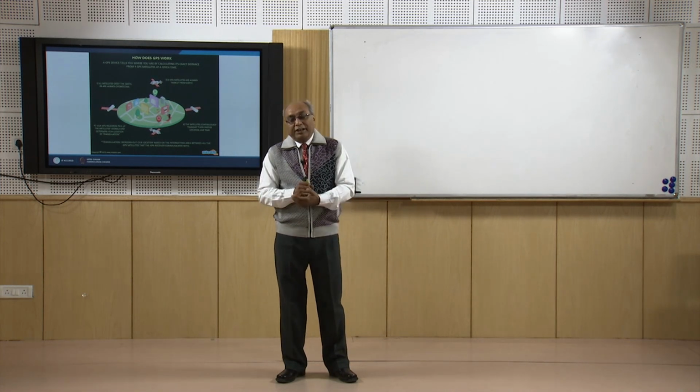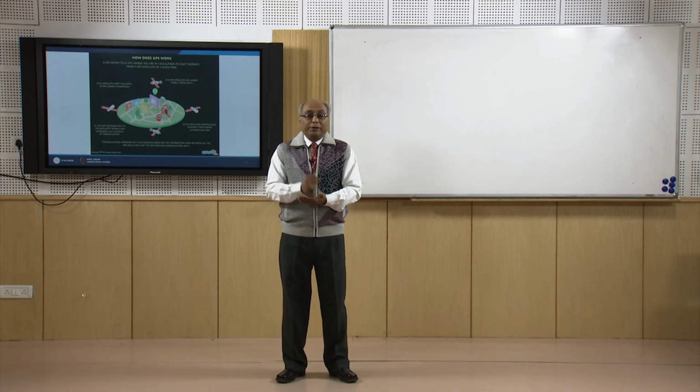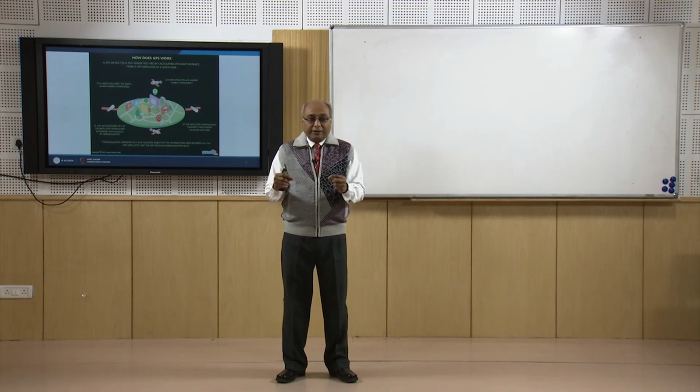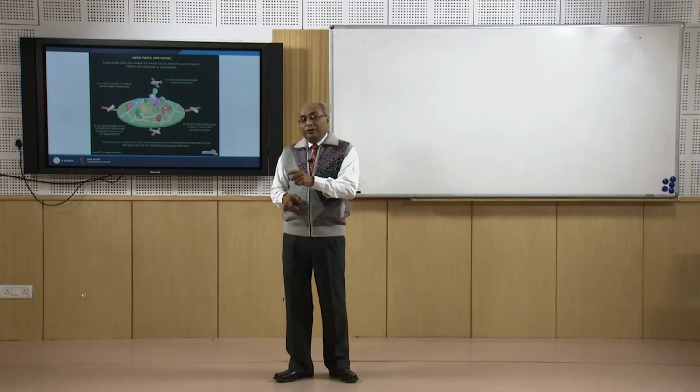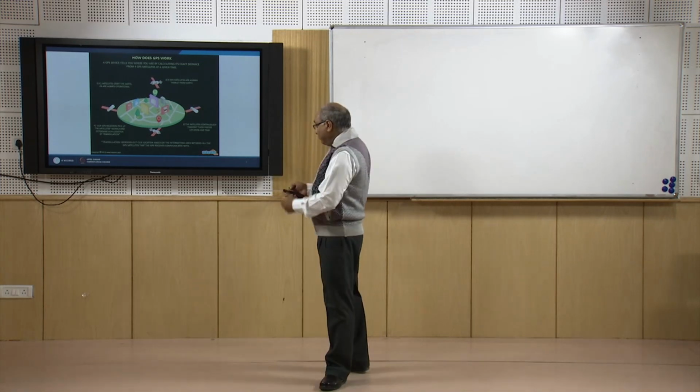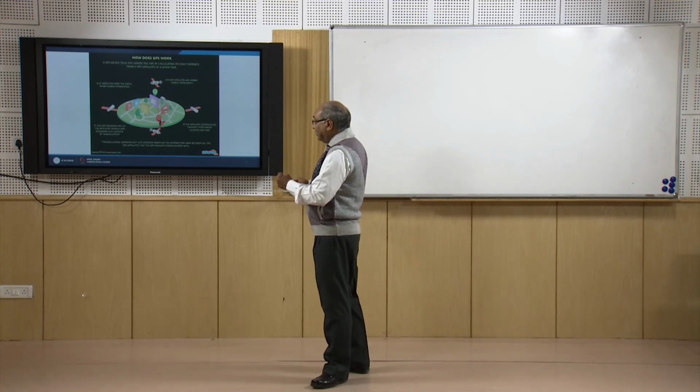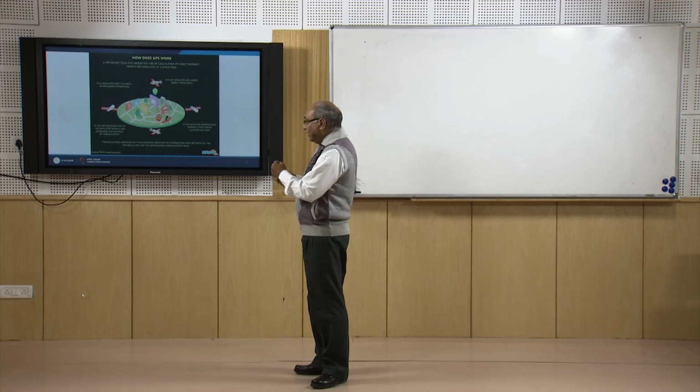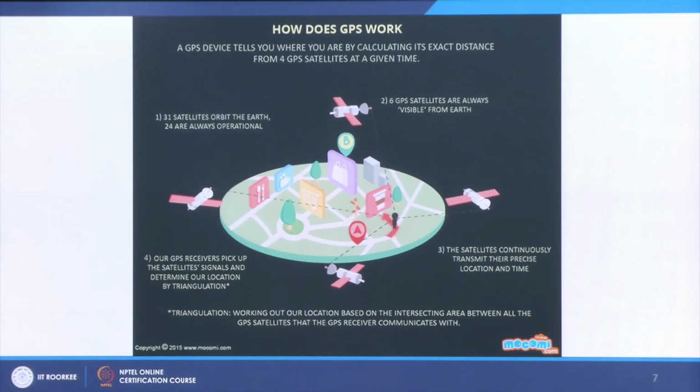When it reaches Chennai, that post office will again stamp it. So by looking at these two stamps, I can estimate how much time it has taken to reach from Roorkee to Chennai. It is almost a similar concept, but in digital form: once the signal is received, the distance is calculated and the direction is known, so these are the ranges, as you are seeing in this